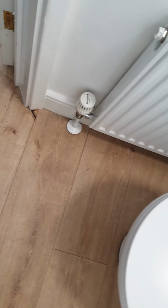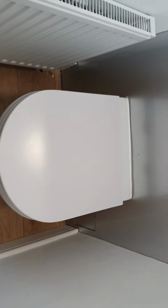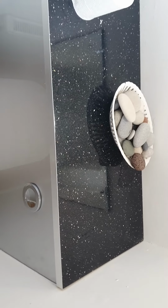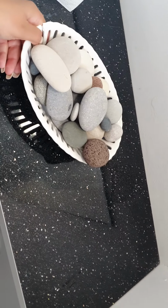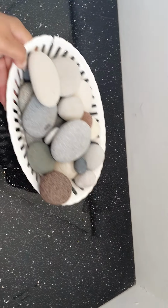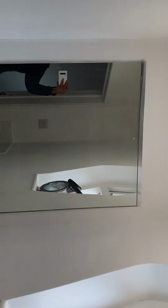Radiator is clean with no issues. And then behind the toilet is clean with no damage, no scuff marks, no scratches, clean condition. And the black sparkle worktop also clean. Pebbles, stones, it just needs really heavy. There you go. And then you've got a mirror, which does have a thin, small layer of dust, but no